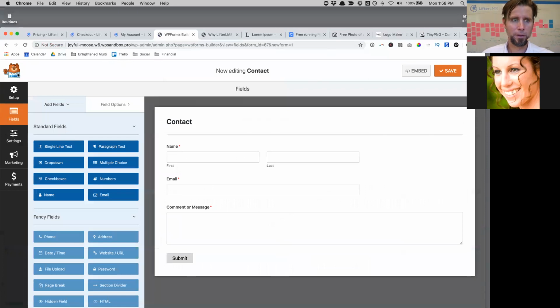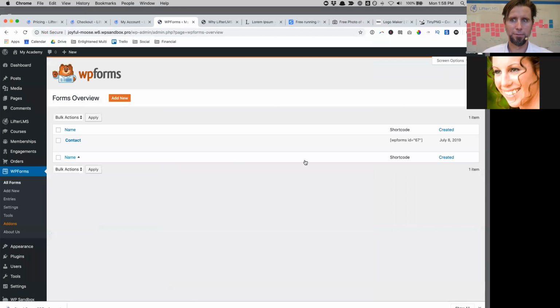Now, if I get out of there, I have my contact form, which, you know, there's a shortcode there if I need it, but I don't think I'm going to need it, but I'm just going to copy that just in case. If I go back to my website